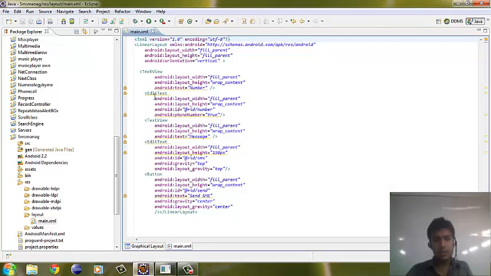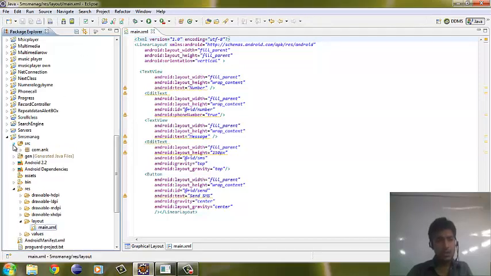We take the edit text, and its id is number. This id should be taken so that we can create a link between the Java and the XML file. This other edit text we have taken for the text, and its id we have taken as sms. Here we take the android layout gravity as top, so that when we write text in this edit text, it starts from the top. Then we create a button, and the id of the button is send.